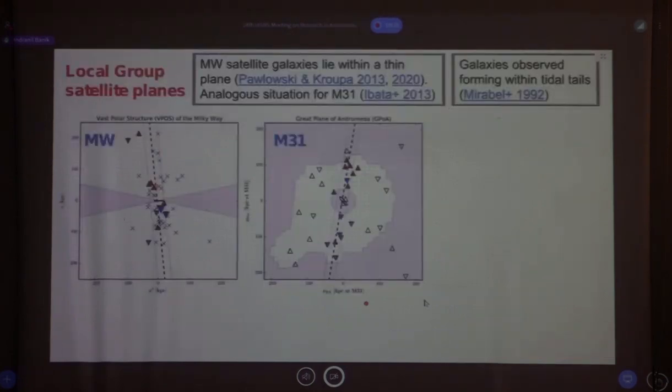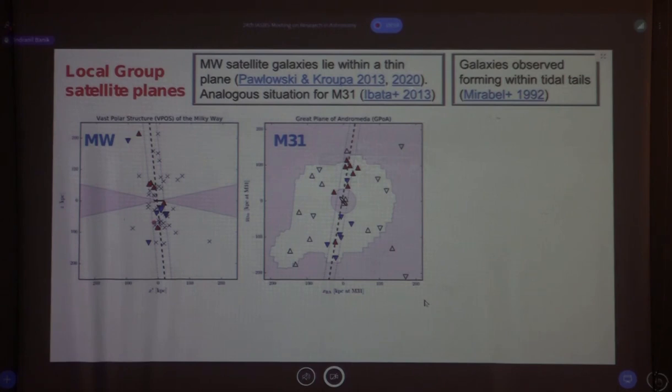Now, one other thing I wanted to mention before explaining about MOND is the distribution of satellite galaxies around the Milky Way and Andromeda. So the satellites of the Milky Way line up in a thin plane, which is more or less at right angles to the disk. So the disk is horizontal in this view. And this is not a selection effect, only these regions are obscured by the galactic disk of the sky. The ones above are moving away from the viewer, if you like, in this view, and the ones below are moving towards you.